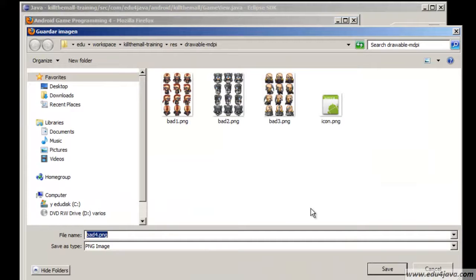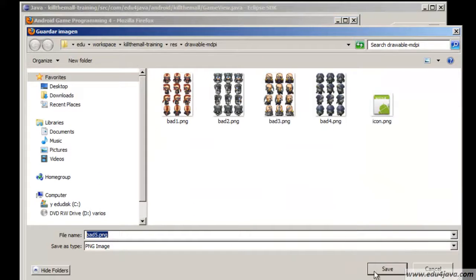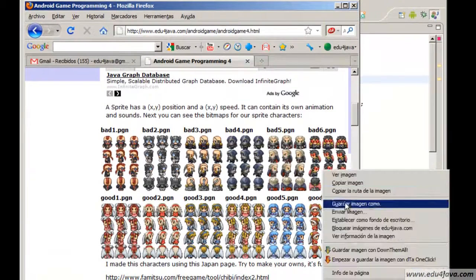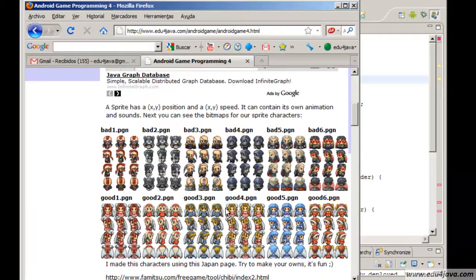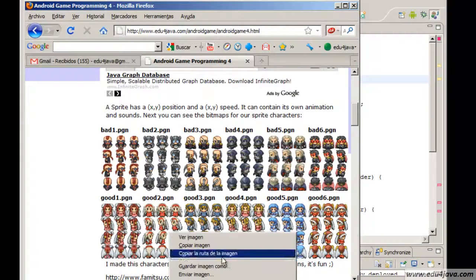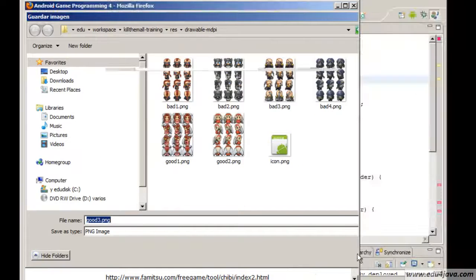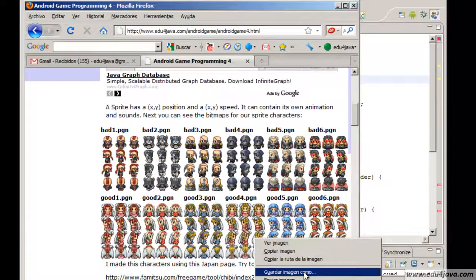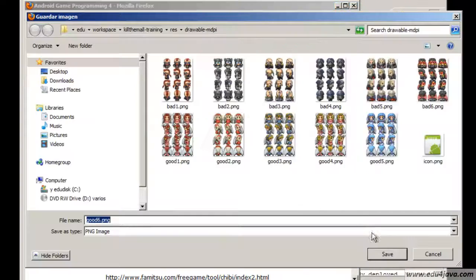bat3, bat4, bat5, bat6. Now good 1, good 2, good 3, good 4, good 5, and lastly,